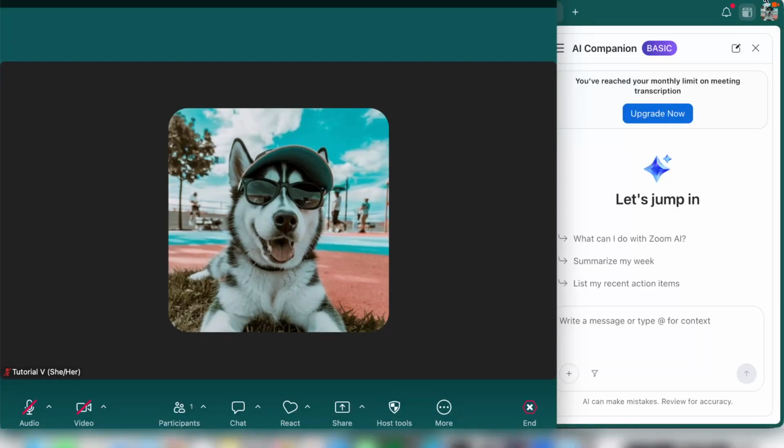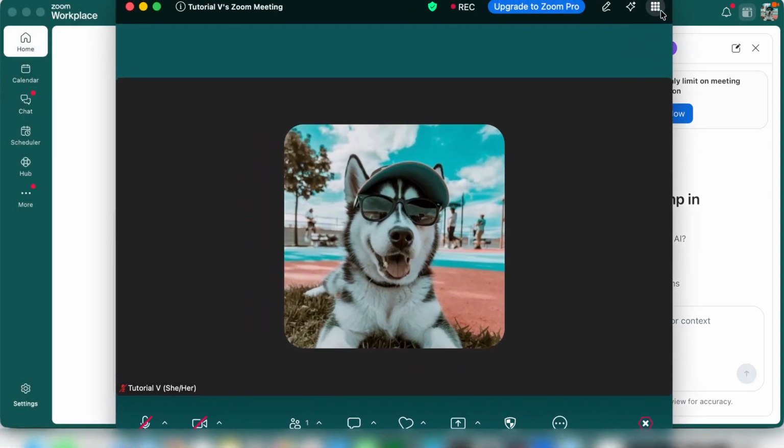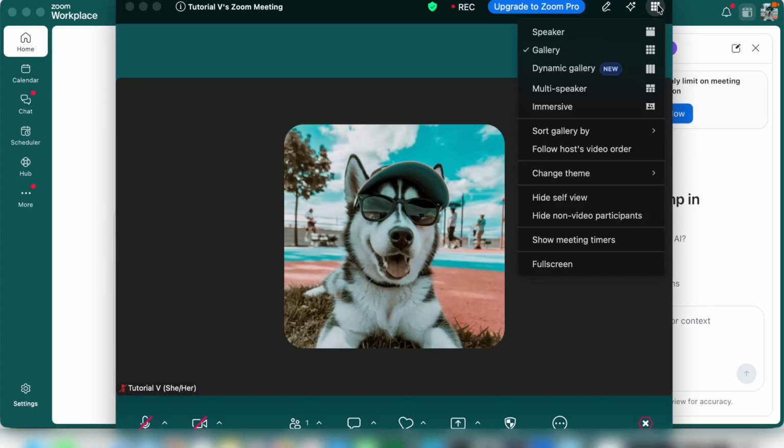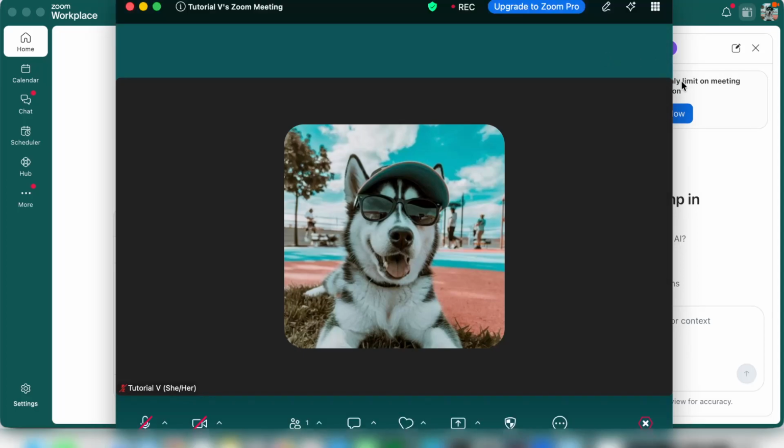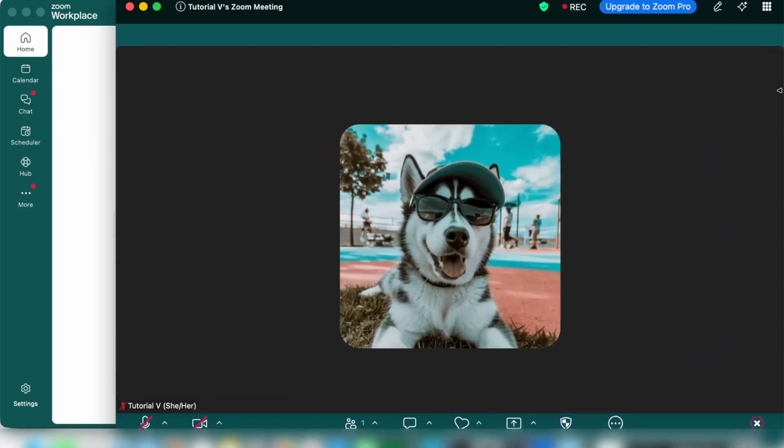Direct your attention to the top right corner of your Zoom window, where you should see the View icon, which resembles a grid. Clicking on this grid icon will allow you to switch to a different viewing option, known as the Gallery View. The Gallery View displays all participants' video feeds in a grid formation, allowing you to see everyone at a glance. This can make the meeting feel more interactive, as you can see everyone's reactions and engage with